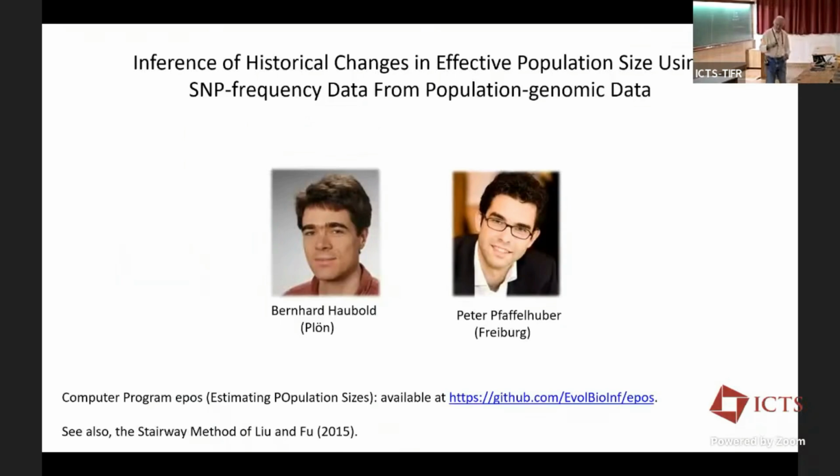Okay, now I want to move on to a different way of thinking about effective population size. This is a non-equilibrium approach to thinking about effective population sizes. And there have been a lot of attempts to do this. People are very interested in asking now whether you can take various measures of patterns of variation in natural populations and infer the past demographic history of the population. Do we have evidence of past bottlenecks or past population expansions and so on? I'm just going to talk about one method that I worked out a few years ago with Bernard and Peter.